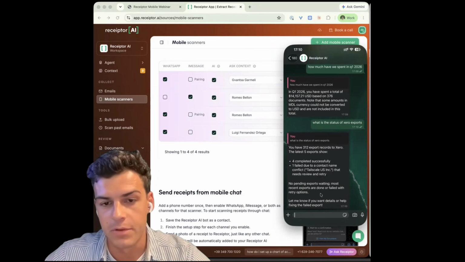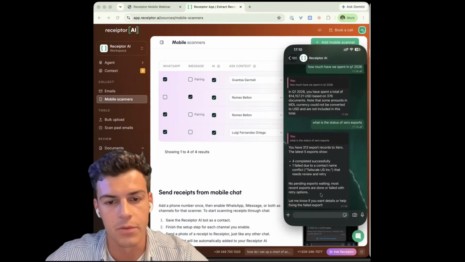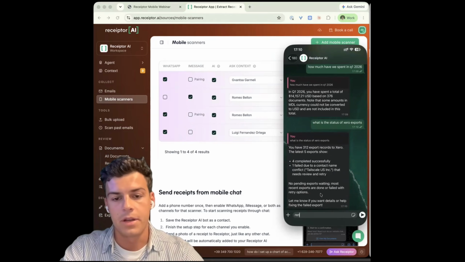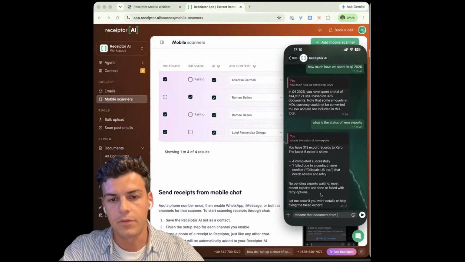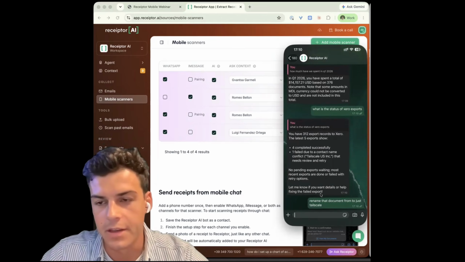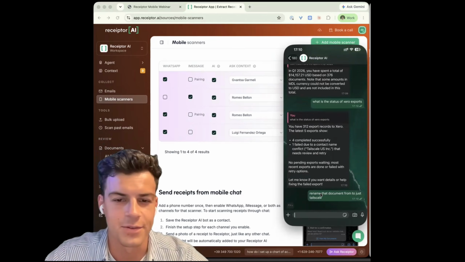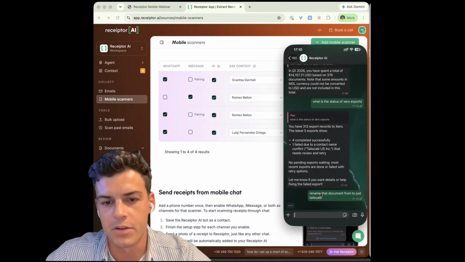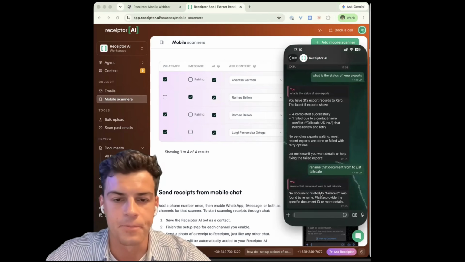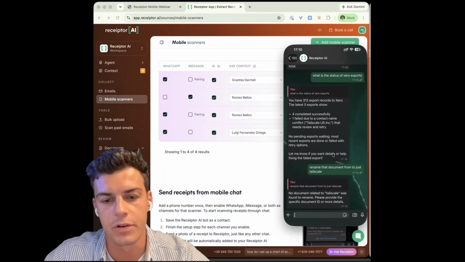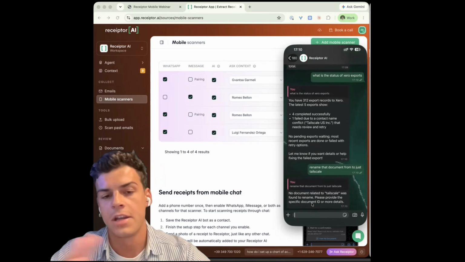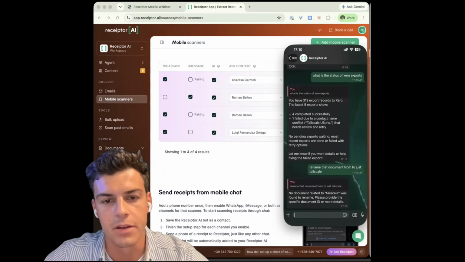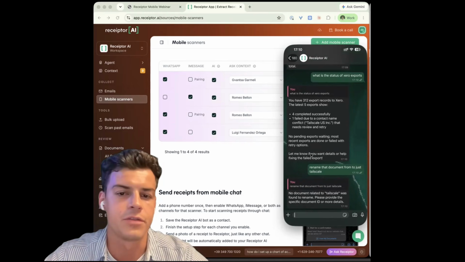And so, as mentioned, we can perform actions that we can otherwise perform through the web. And so, rename that document from Tail to just Tailscale. Let's see if that's enough context for the AI to understand that and rename it. But in other words, we can just fix problems from here, should there be any, and then retry. In this case, we will have to run a full query to get the document ID. But with just a few back and forth, we can retrieve the document and just rename it and retry the